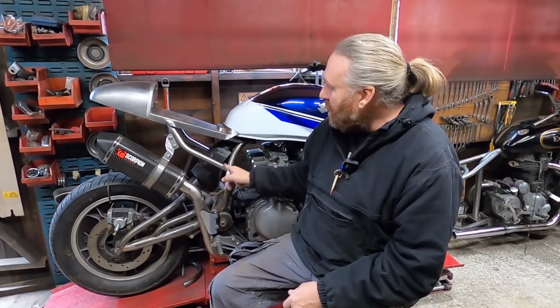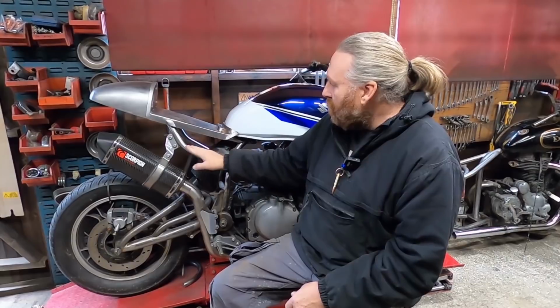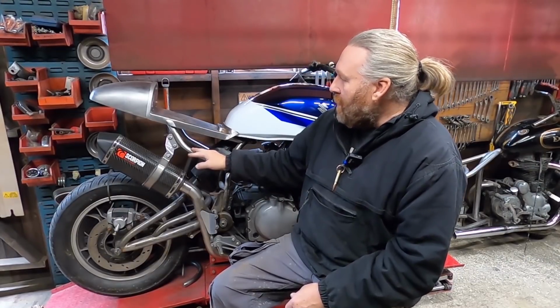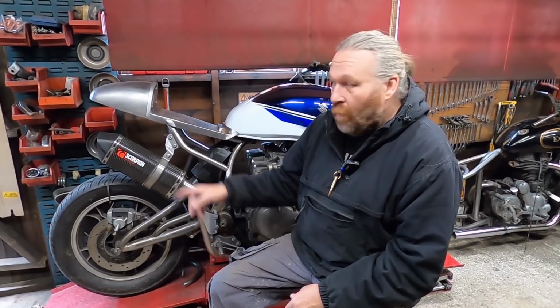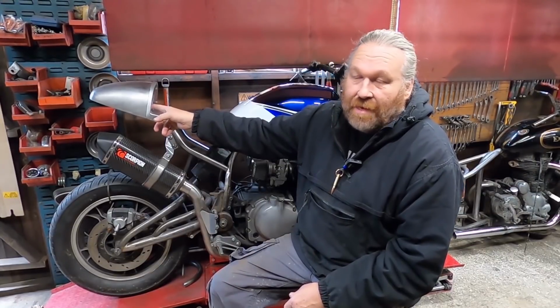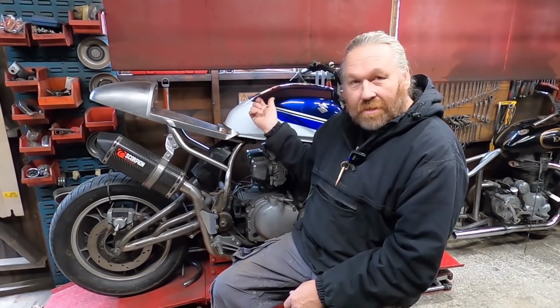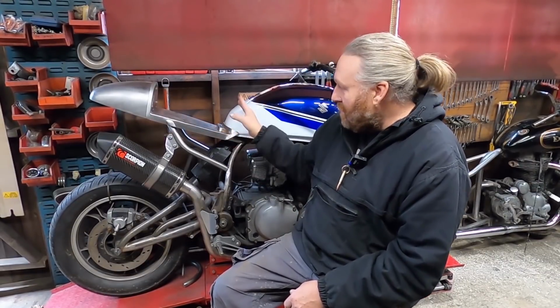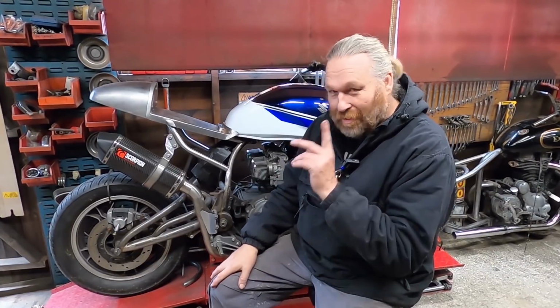I actually reset all this part of the frame. I wasn't quite happy with it, so I reset all that. Now what I've got to figure out is how we're going to run the wires, because as you know, everything's in the tail unit, so I want to get everything down to here, all disappearing under the tank, and keep everything hidden. So I'm going to figure that out today, but